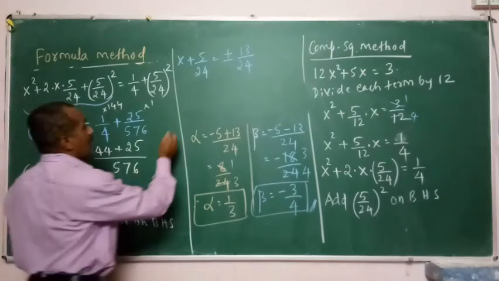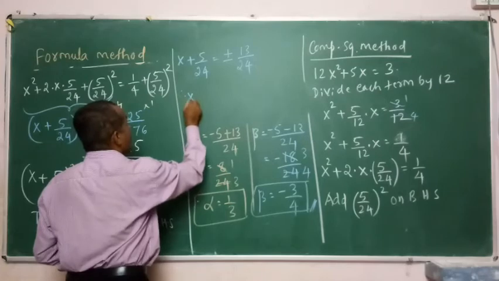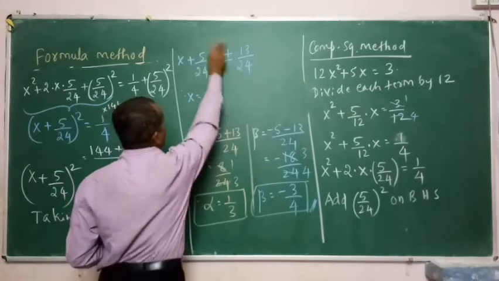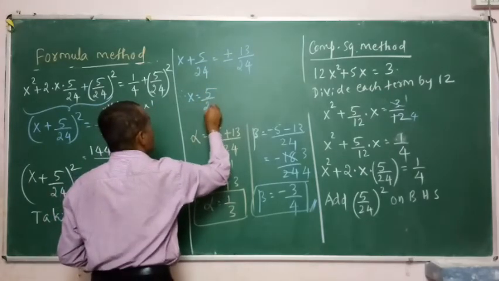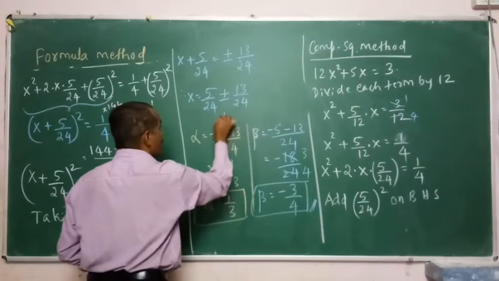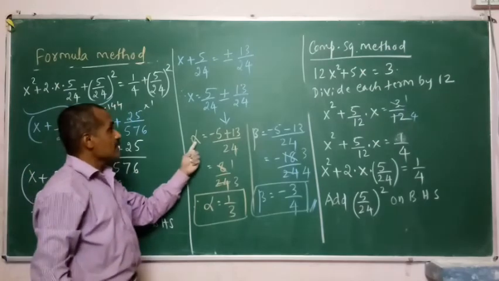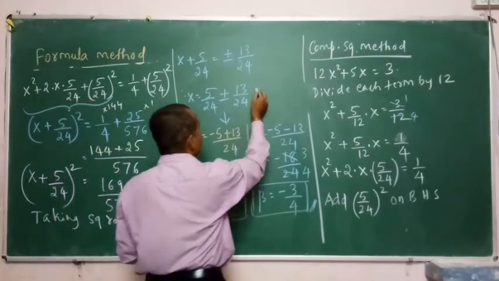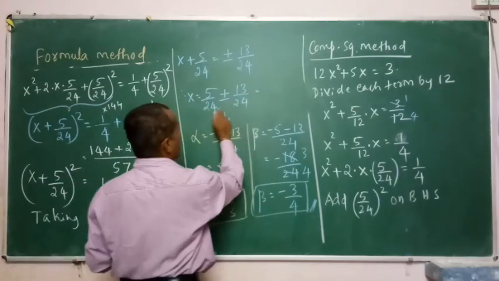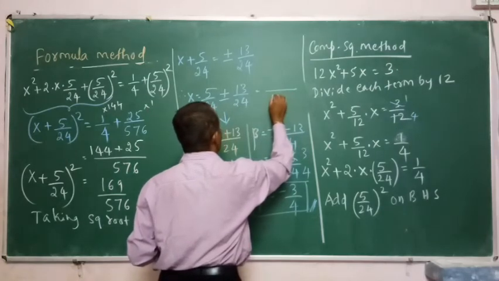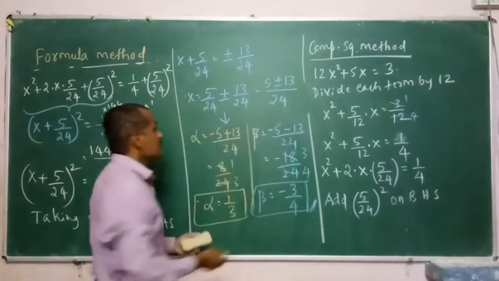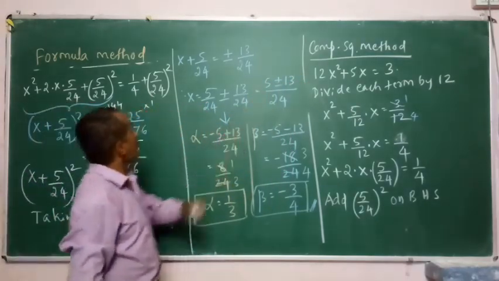Now I will separate them, therefore x is equal to, what can I do? I can transfer this to that side. It is 5 by 24 plus or minus 13 by 24. I can write it further, 24 is the common LCM, and I can write 5 plus or minus 13. See, from here alpha is equal to,